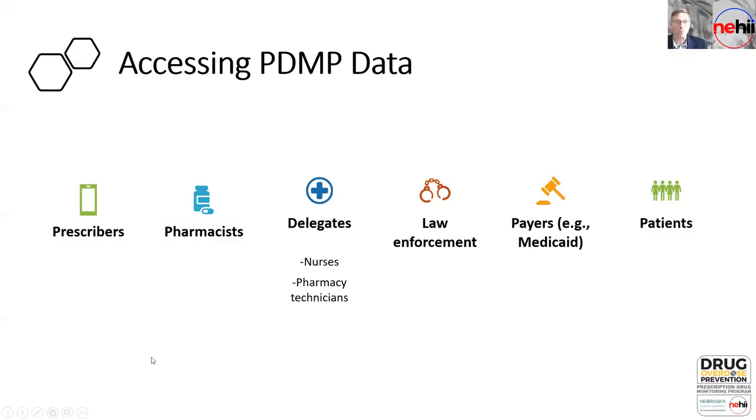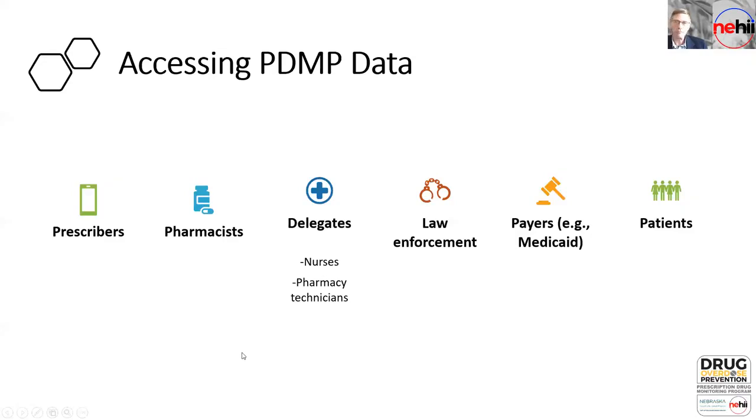activities. Now, in some states, law enforcement may have limited access if it's surrounding maybe an open case that they have, or they may need a subpoena or a court order by a judge to be able to access some information. And we don't see this in every state, but some states do allow law enforcement access. Payers are starting to be able to have access to this, primarily for the care of those patients that they're responsible for. But it's limited to only those members or covered lives that they're able to see. So let's say, Humana insurer would not be able to see a patient's PDMP profile that they're not covering on